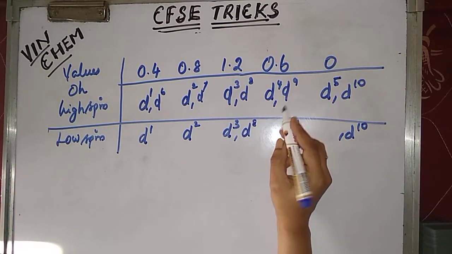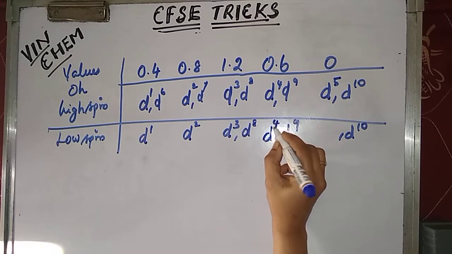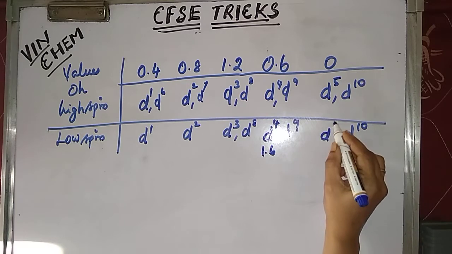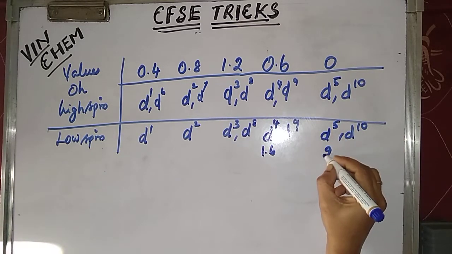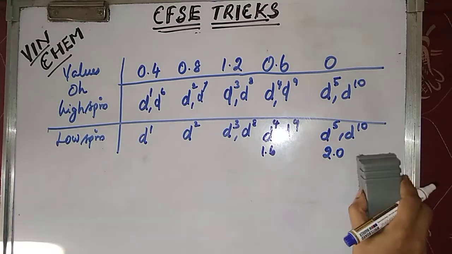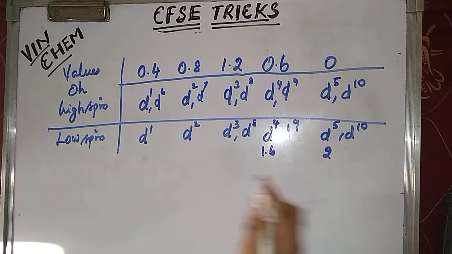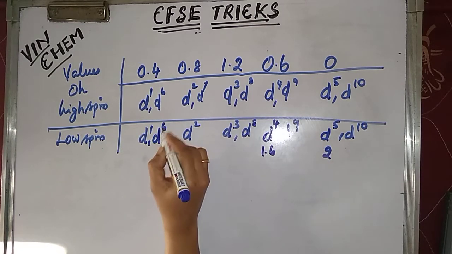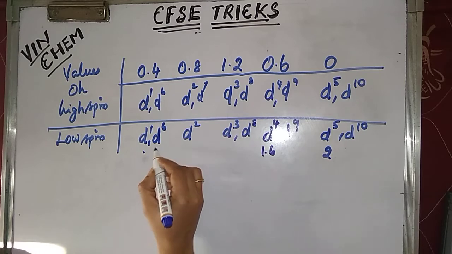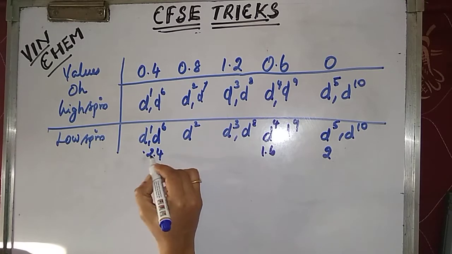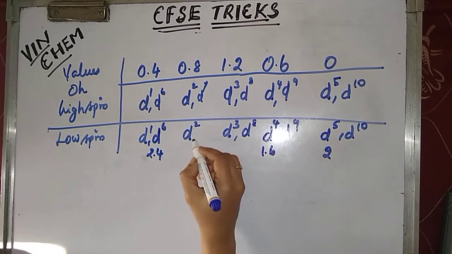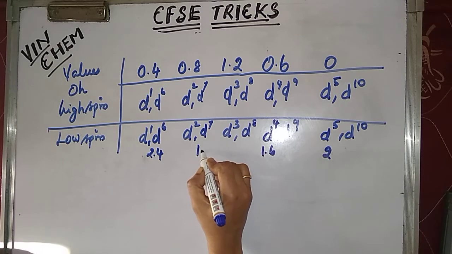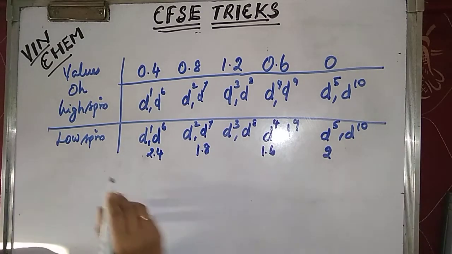That also has the easiest method, which I will tell you. For d4, 4 4s are 16, which means 1.6. And for d5, 4 5s are 20, which means instead of 20, 0 is not there, so keep it as 2. Again, for d6, 4 6s are 24, so the value is 2.4. 4 7s are 28, instead of 2.8 I am going to write 1.8. Very simple. That is the value for this.